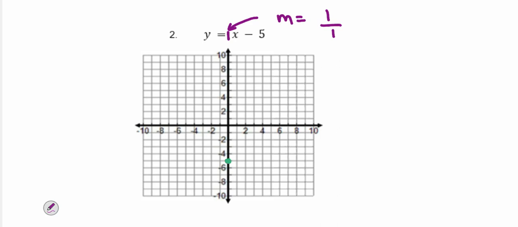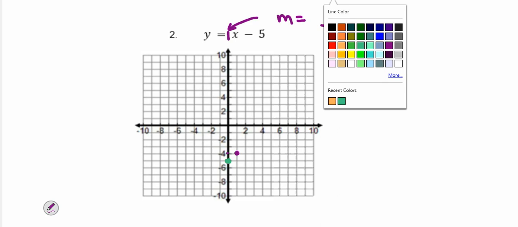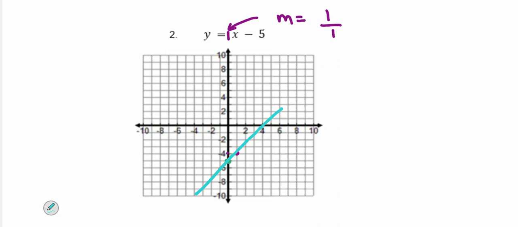That means we go back to our green dot. We go up 1, over 1, and there's our second dot. We only need 2 points to make a line. So we'll go ahead and connect these 2 points going through both of them. And we put arrows on both ends. So far, so good. All right. I'm going to make sure that this is going. It is. All right, so the next one,